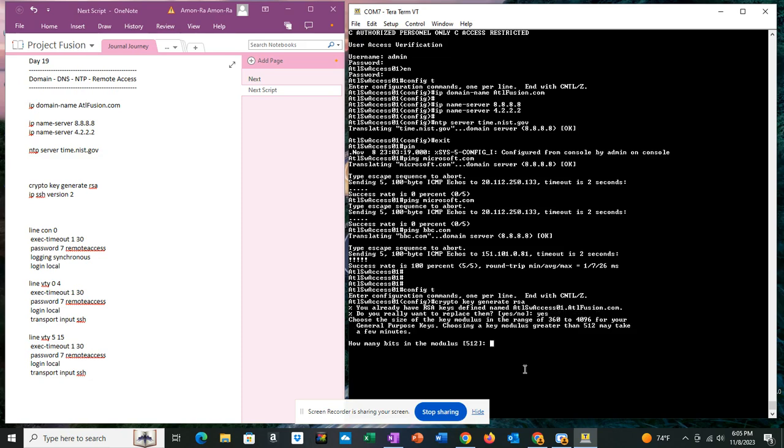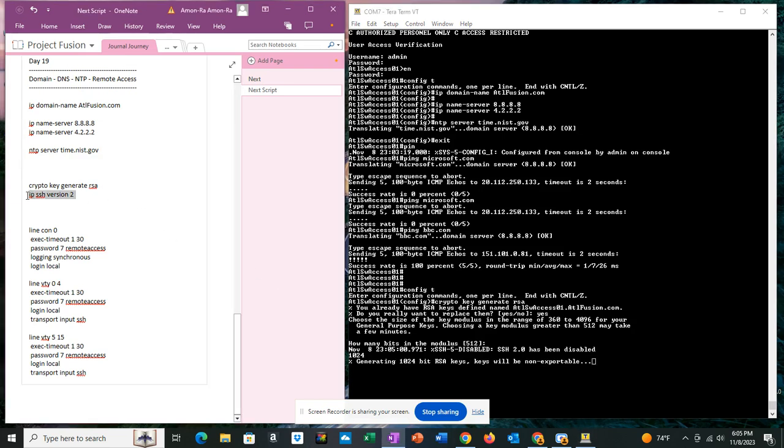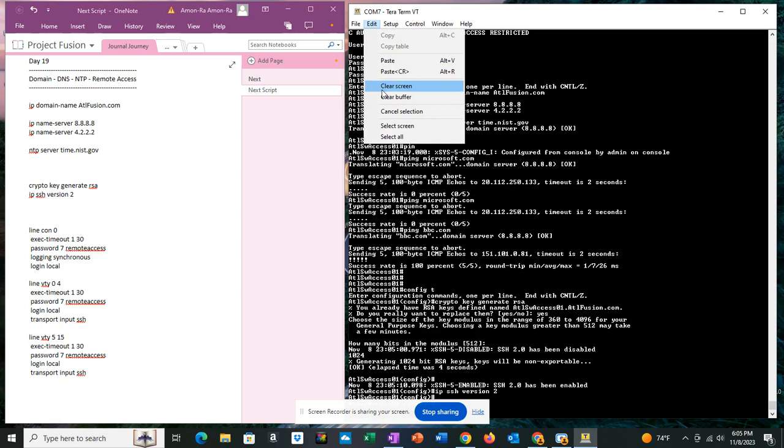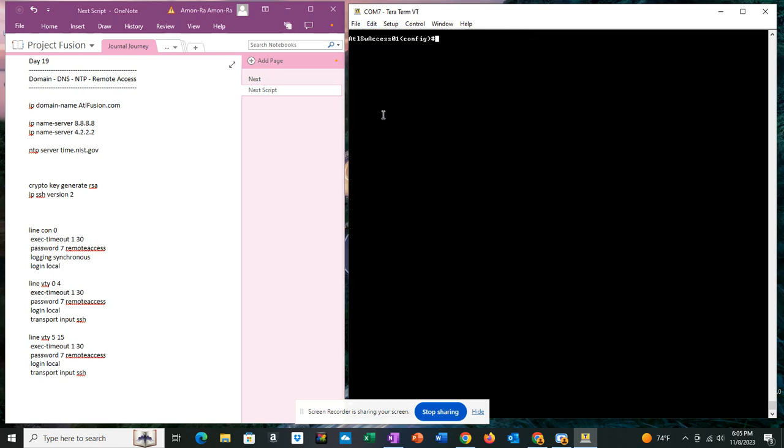And we want to use SSH version 2, more secure version. Let's clear the screen so that we can see. Last but not least, let's also